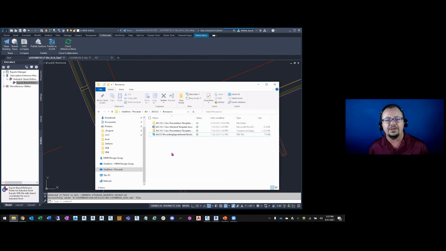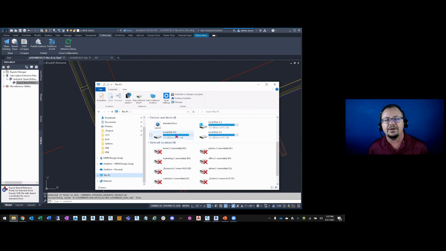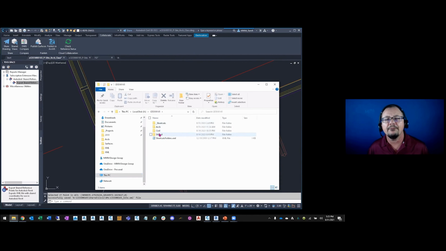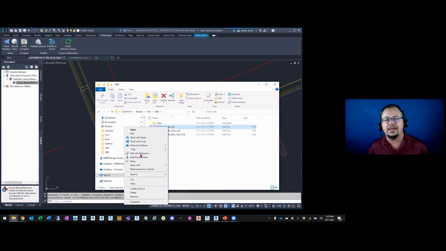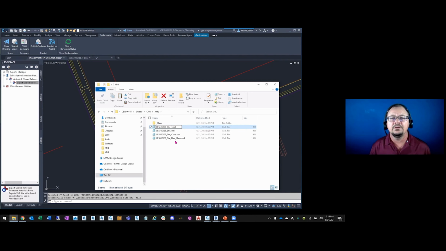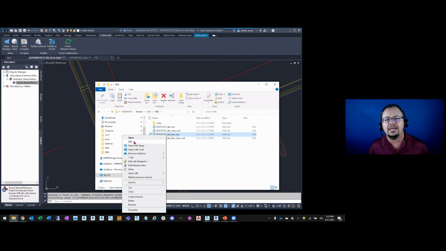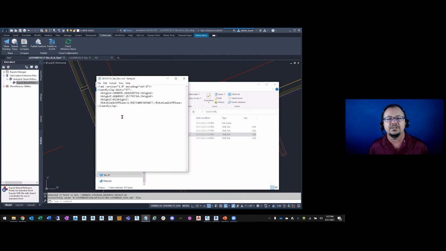And because I know I need an elevation of 757, I'm going to go ahead and find that project. So here's the project XML file that I created. And I'm going to go ahead and just copy it, paste it right here. Now I can edit the original. I just usually do it in a copy so that I know for sure that I have adjusted the elevation in some way in case I need to go back and make another edit. So I'm going to right click and edit. I'm going to change this to 757.